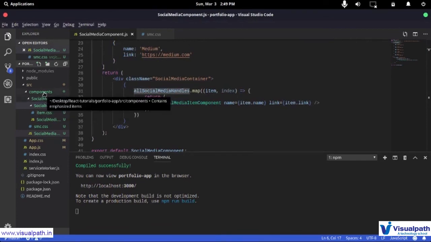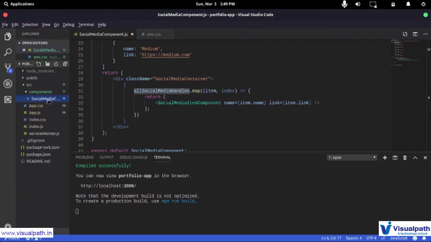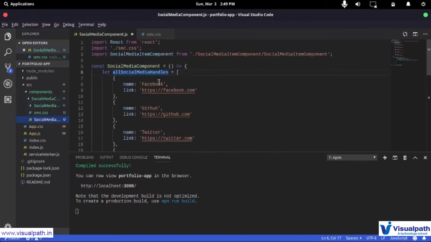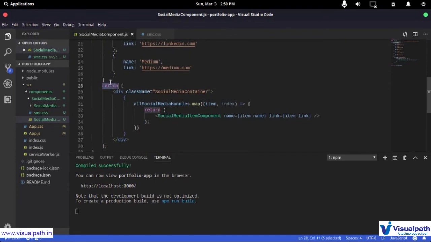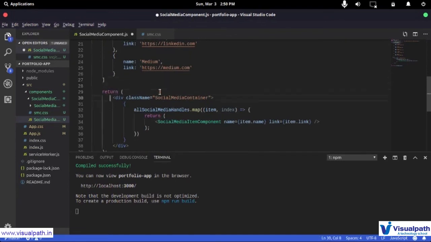So we created a folder called components, and inside our components we created a folder called social media components. In that we had two files. So social media component, that is this JavaScript file, and we imported things, and then we created a data source called social media handlers. Then we had our JSX rendered here, so I had this return. I created this container called social media container, and inside that I had all the social media items initially in different divs. Then I realized over a development cycle that I was repeating myself a lot, so I abstracted out